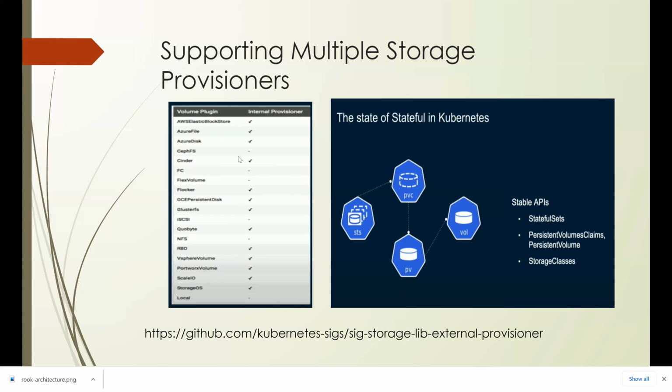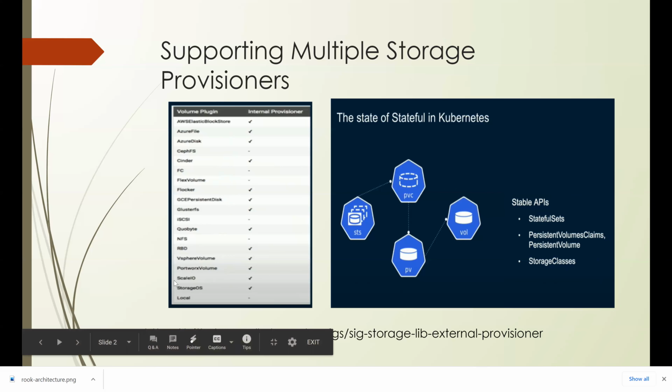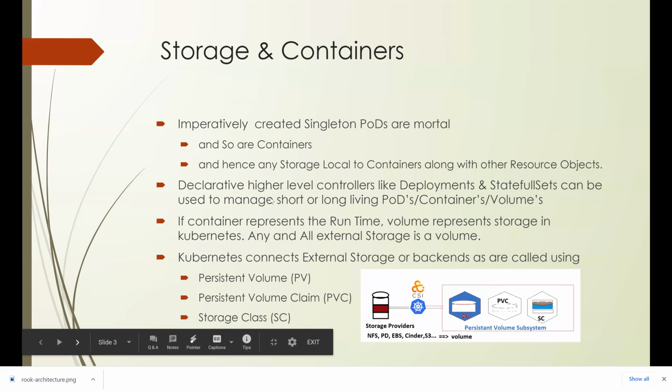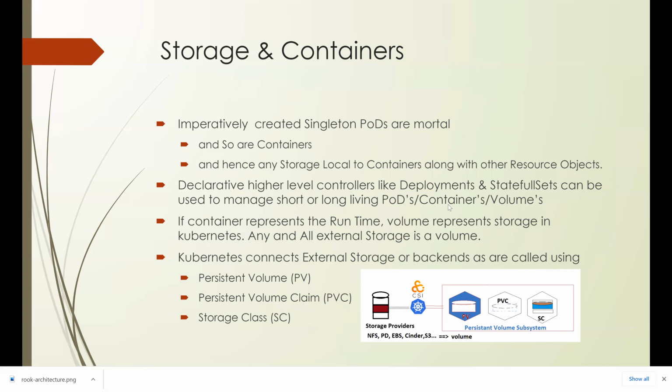So you can see here a list of volume plugins available. You can pick and choose whatever you want. But we will focus today on the storage script, because it enables any of these selected plugins to be usable. So let me go to the CSI, which is our key. So we are talking here about CSI. You have a storage provider, and we saw that there are many, like NFS.